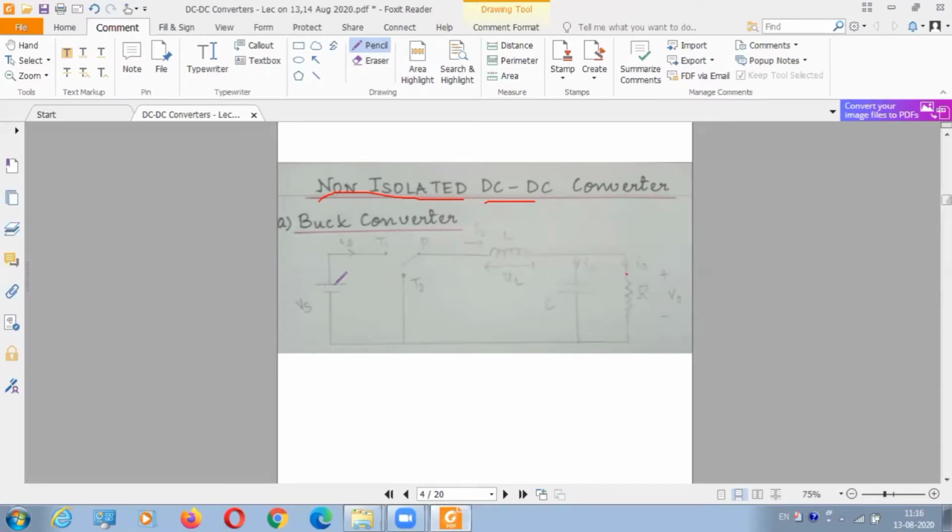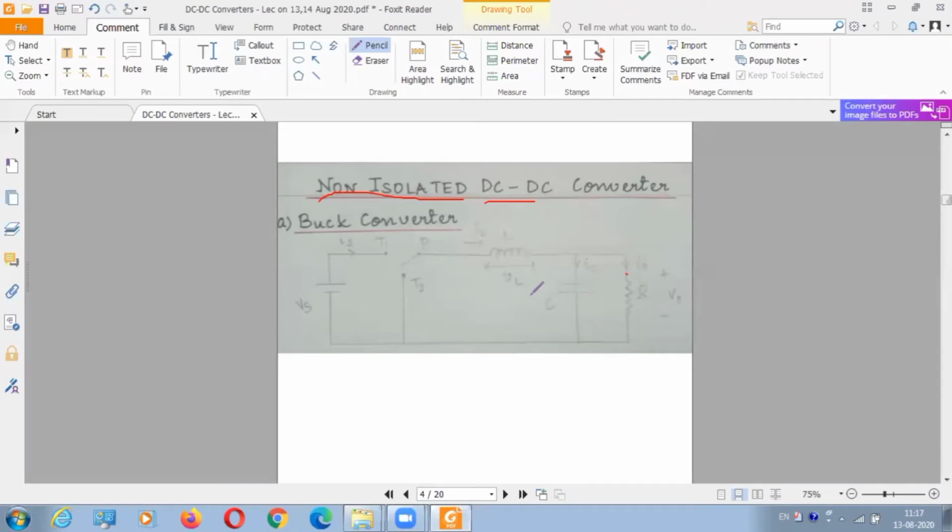If you take the positive terminal of VS, IS should come outside, meaning the source current. Then IL, the inductor current, I have taken in this direction as positive. I0 should go in this direction, then only I0 is positive. IC should go in this direction, then only IC is positive. Any other direction will give negative. If I0 is flowing in this direction, the upper terminal will be plus and the lower terminal will be negative for V0. There is a drop across the resistance, so wherever the current enters, it will be plus. That goes for the inductor and capacitor also.